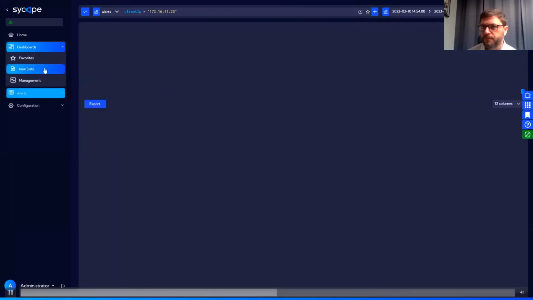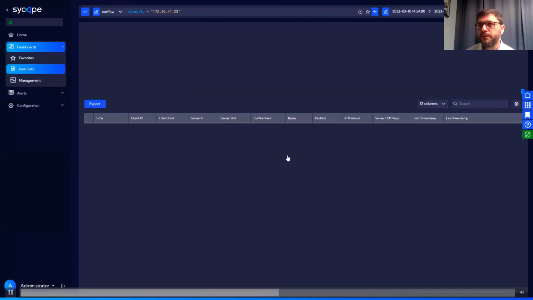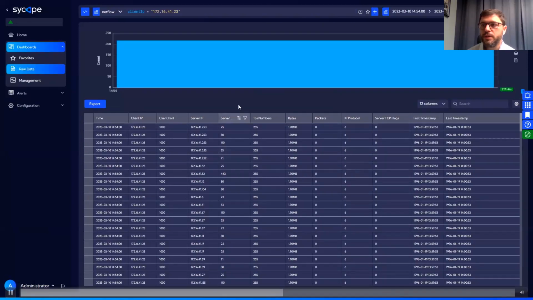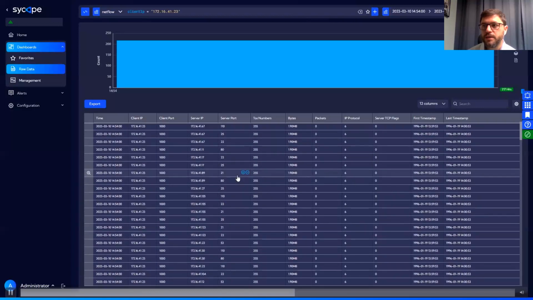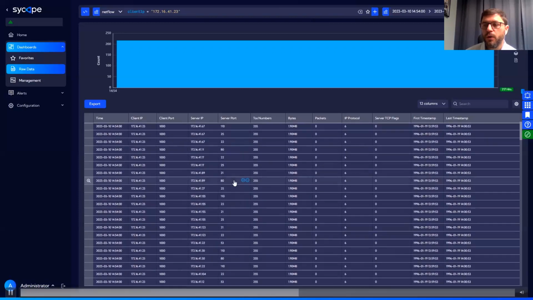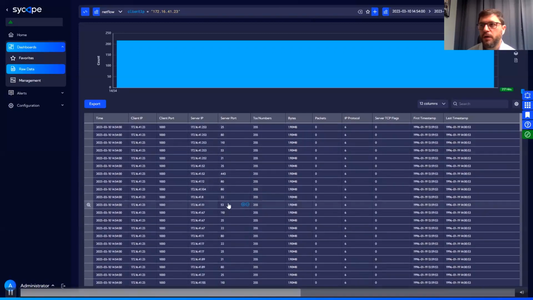Now I see the alert, but if I go to the raw data, I will see all the flows recorded by the system. So I see all the flows, I mean all the connections from this host to someone else in the network. So I see that this host scanned the whole network, many different destination IP addresses, many different destination ports